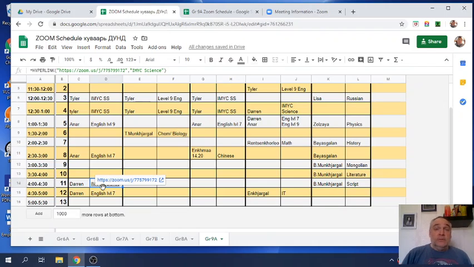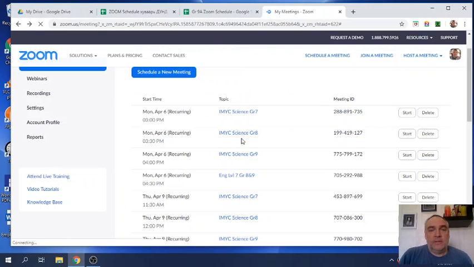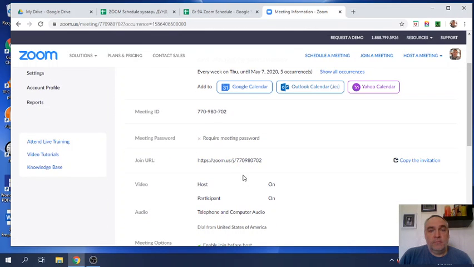Now if your Zoom meeting links are all the same, the same ID for each of your meetings, then it's very simple. You just copy that link once and you right click on the box. So I'll do that again. Let's do it for the Thursday meeting. Mine are different, so I have to do it for each. Okay, so here's the Thursday grade 9. You can just copy this link once